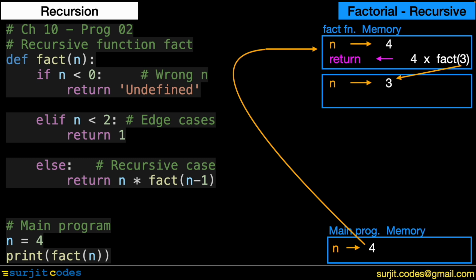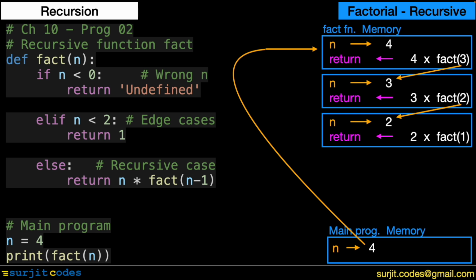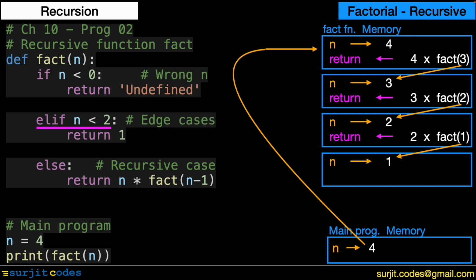This time we allot a new chunk of memory to pass 3 to the parameter n. Once again, this parameter is not wrong and is not less than 2, so we return 3 into factorial 2. Factorial 2 makes yet another call to the same function with n equal to 2 this time. This makes yet another call to fact with n equal to 1. This time the argument is less than 2, which is an edge case. It is non-recursive and we directly return 1,